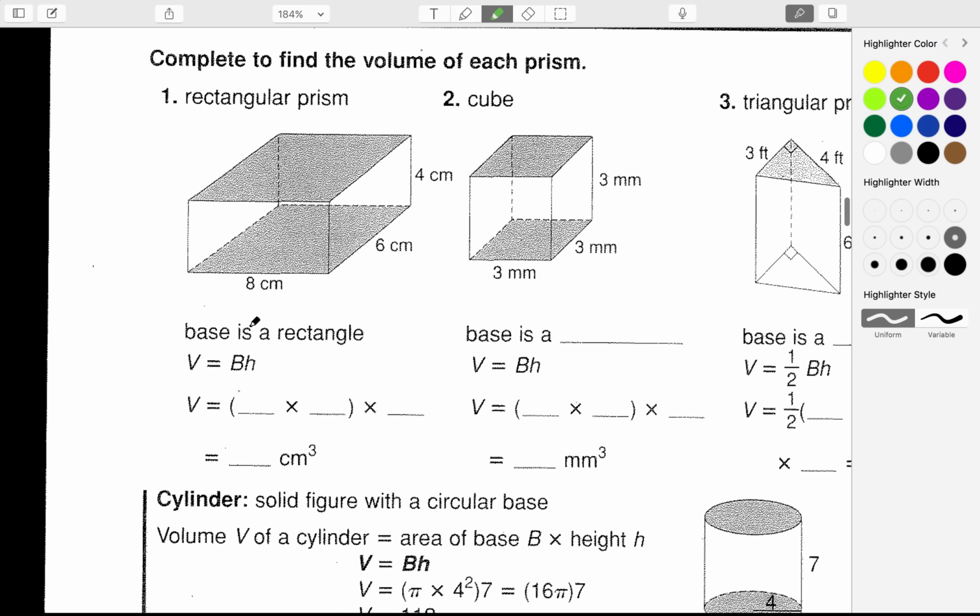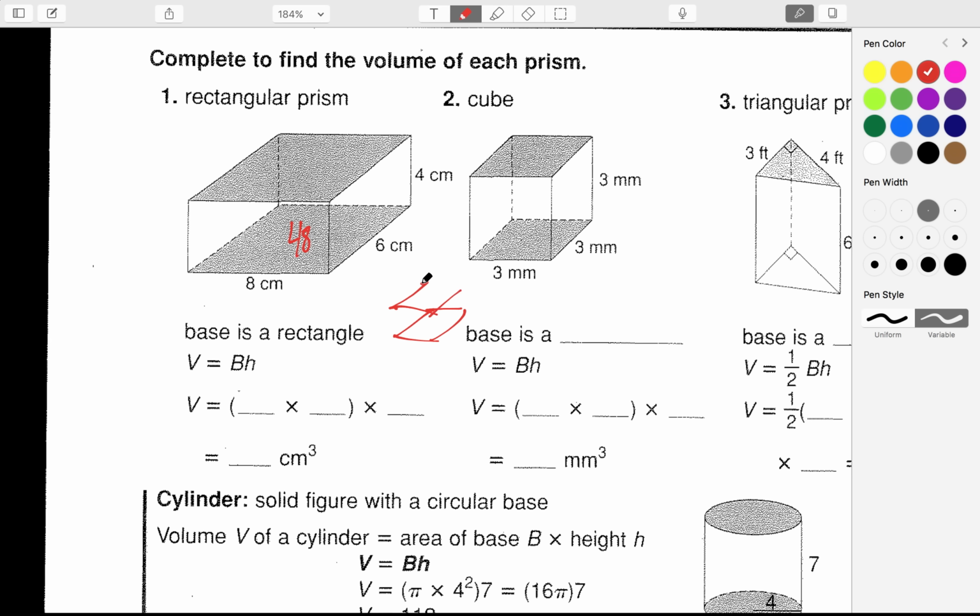Okay, let's try complete to find the volume of each prism. Let's try number 1. So the way they approach this is they say find the base here. Now the reason why they say find the base is because if you multiply 8 times 6, you're going to get 48. What they're saying is if you stack,